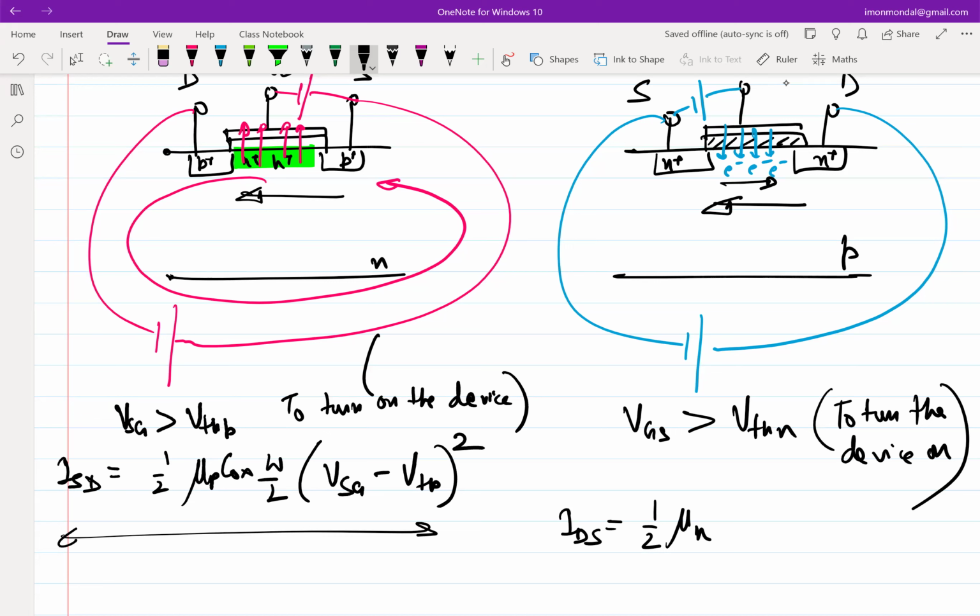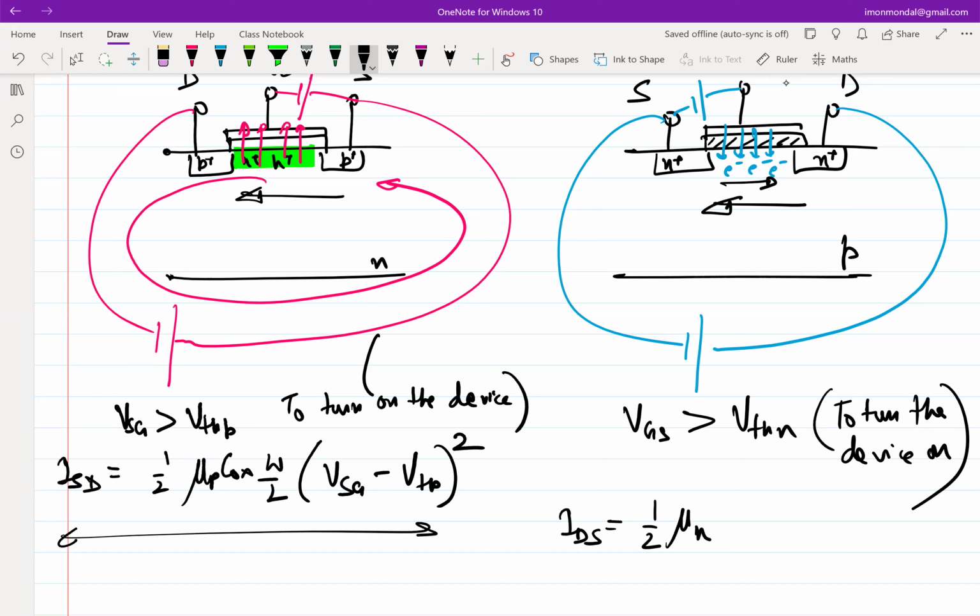And as one of the facts, the mobility of electrons and the mobility of holes are not the same. As it turns out, depending on the technology, the mobility of electrons can be 2x greater than the mobility of holes,